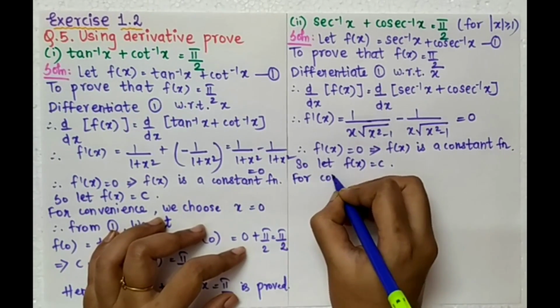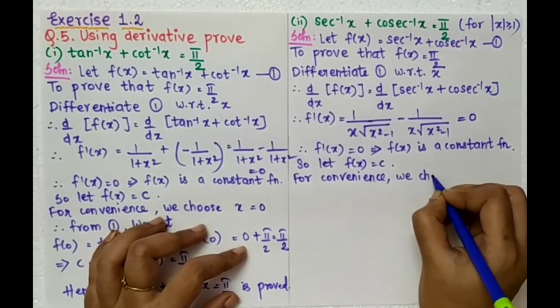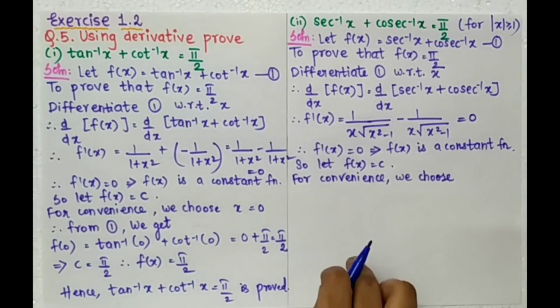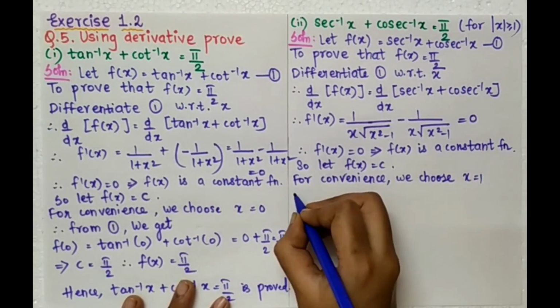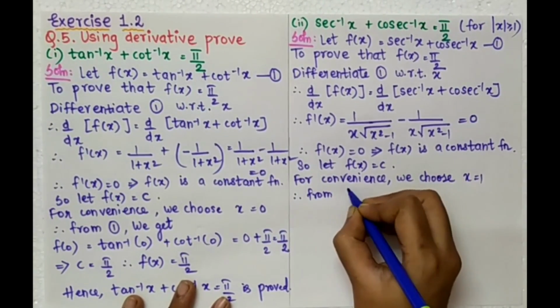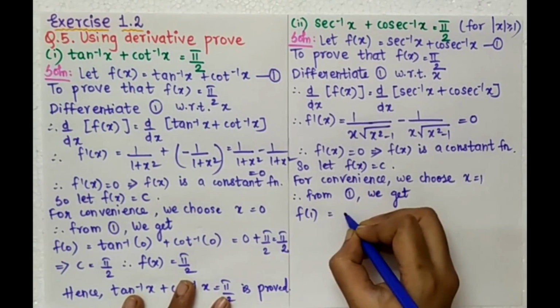For convenience, here we choose x equal to 1 instead of 0, because in the trigonometric table you can see that for no value of sec or cosec does the answer become 0. So we take x equal to 1. Therefore, from 1 we get, in place of x put 1,